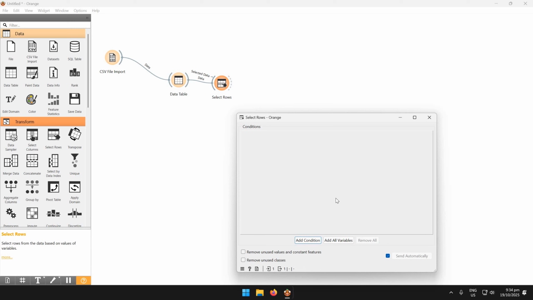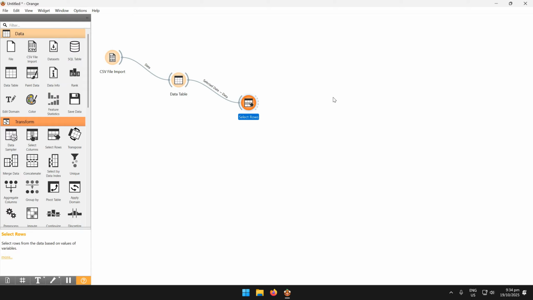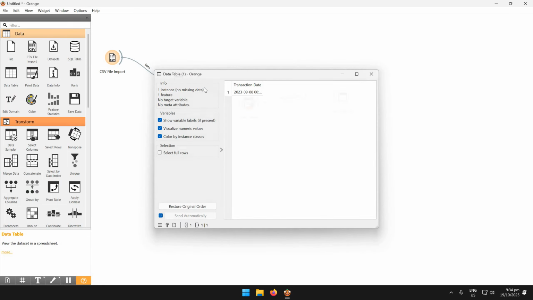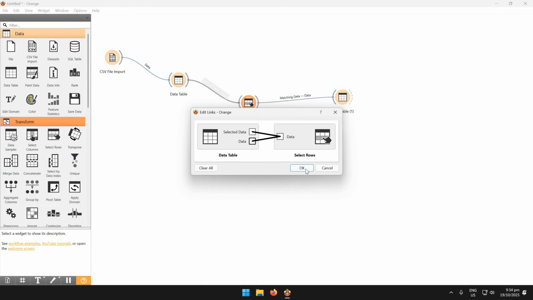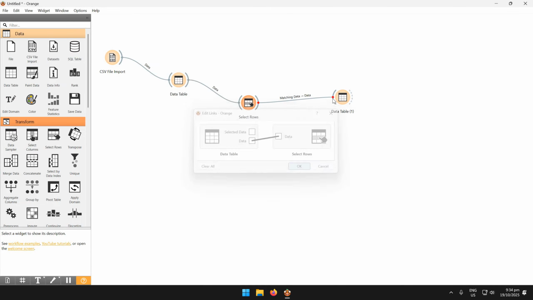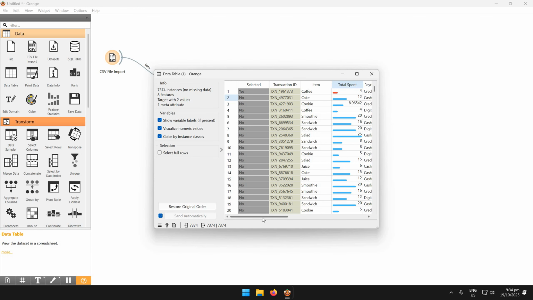But if you want to do that yourself, you just have to select the specific transaction date, which should be equal to September 8th, for example. If you close this one right here, and then end up with this. Oh, let me change this first. The signal for this one should be the entire data set instead of just the selected data. So we should end up with